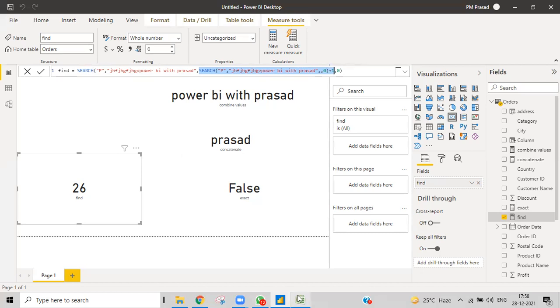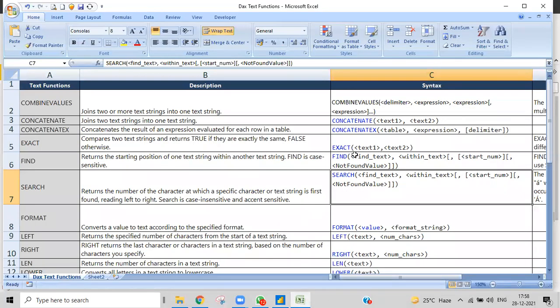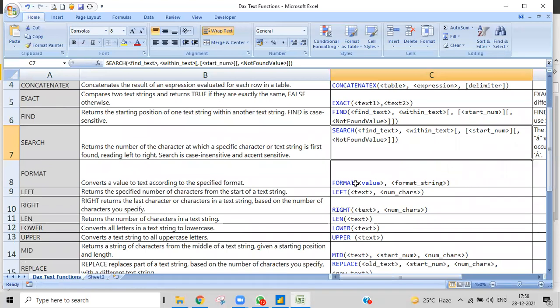Okay, and right now FIND is there. And then LOOKUP and FORMAT, which is a very lengthy thing. We'll discuss it a bit later. We need to discuss a lot regarding this, so for this instance, just keep it aside. And then we do have LEFT, RIGHT, and LEN, LOWER and UPPER. We'll discuss these, and then we will stop for today.